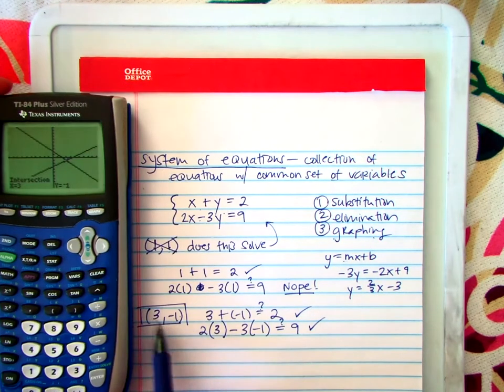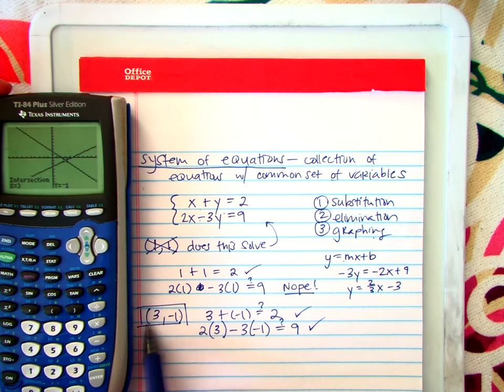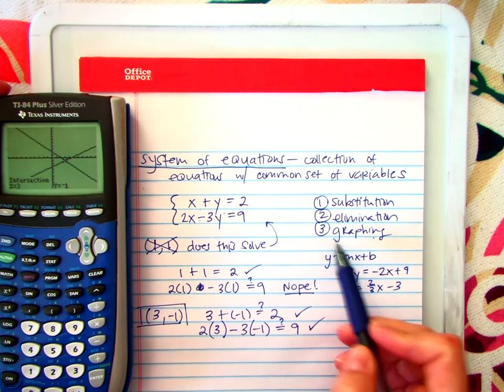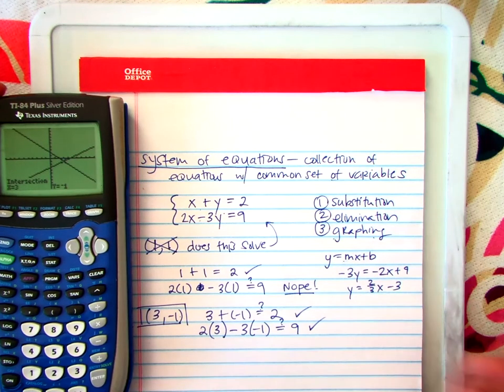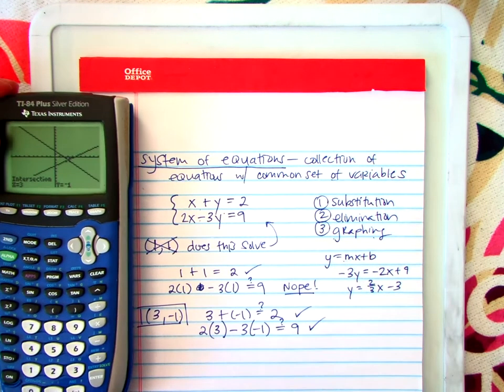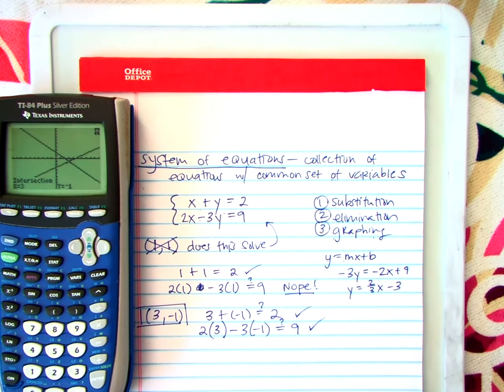So we can see that, even though I gave you this at the beginning, you're absolutely able to solve a system using graphing. If it's linear, it has to be in slope-intercept form before you can put it in your calculator. All right, so easy peasy. Now let's talk about